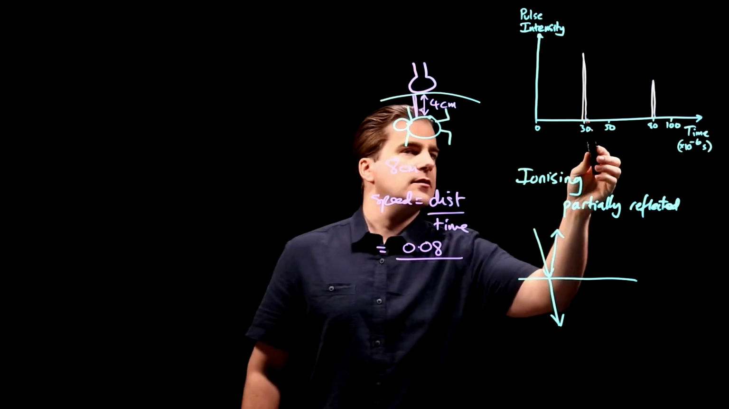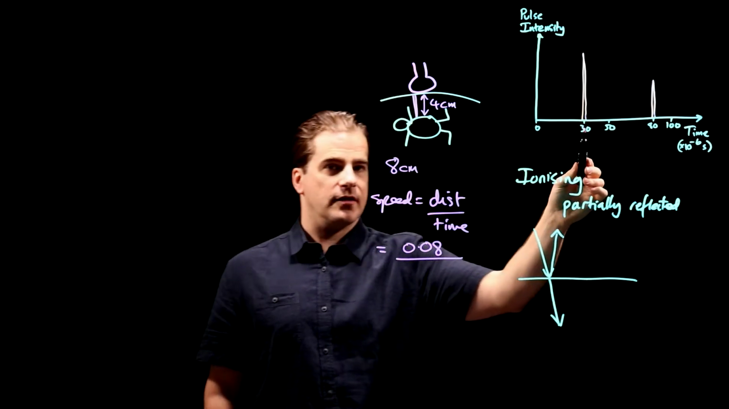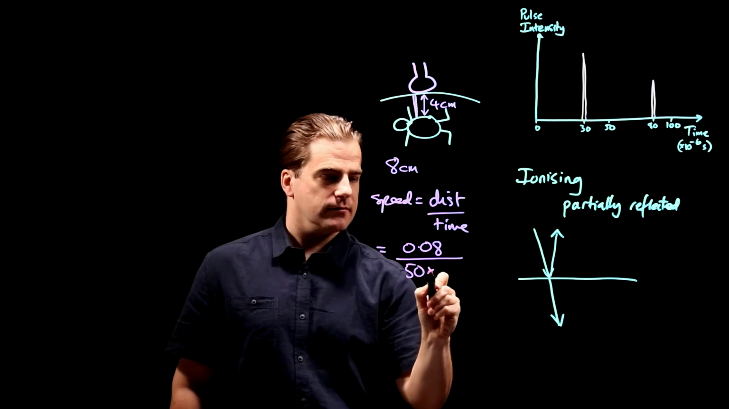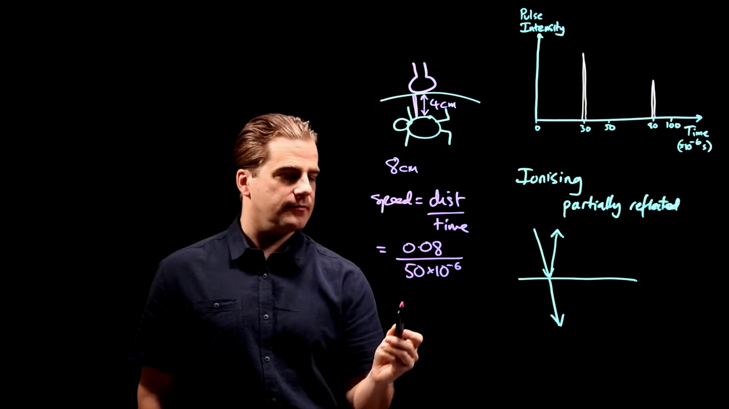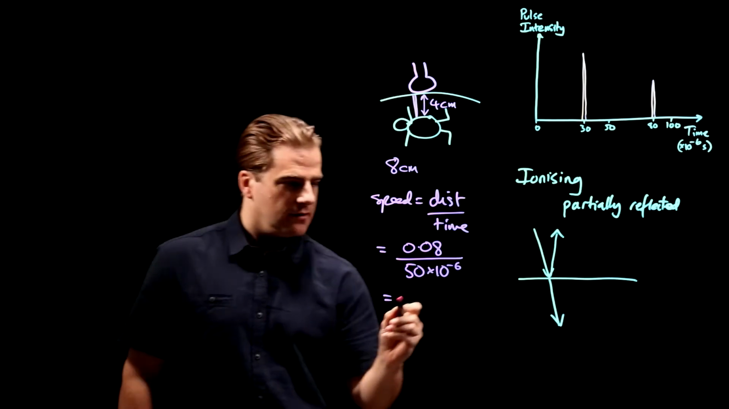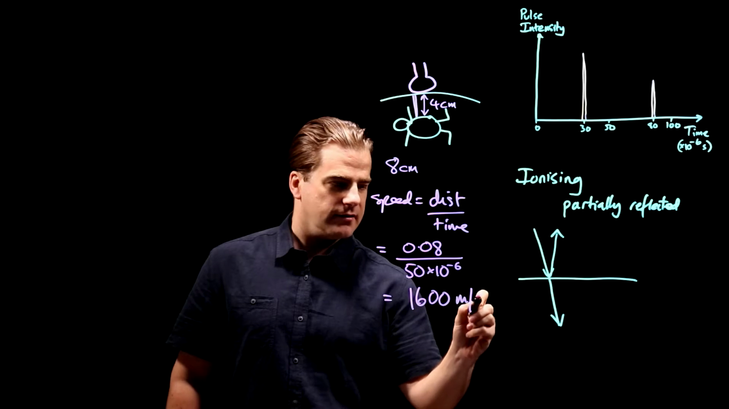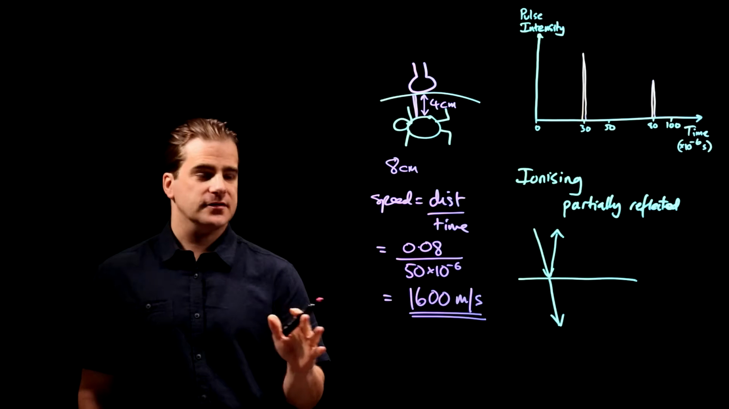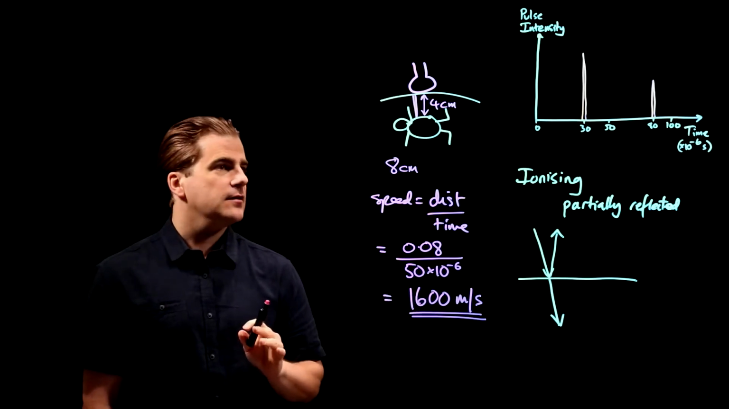Time, so it's travelled a distance of 8 centimetres in 80 minus 30, so 50 times 10 to the minus 6 seconds. That's in metres, that's got to be in seconds. Okay? Stick that in your calculator and you get 1,600 meters per second. Right. Now, as always, just pause for a second and ask yourself, is that a sensible answer? Yes, it is,